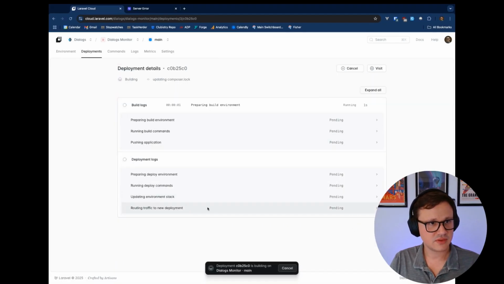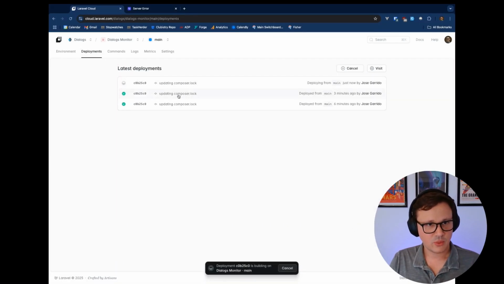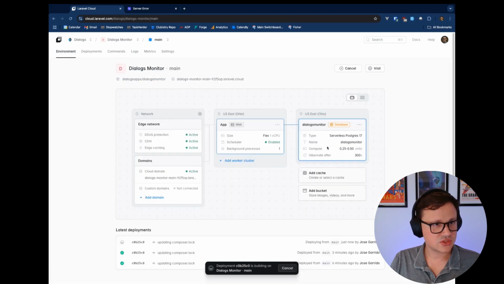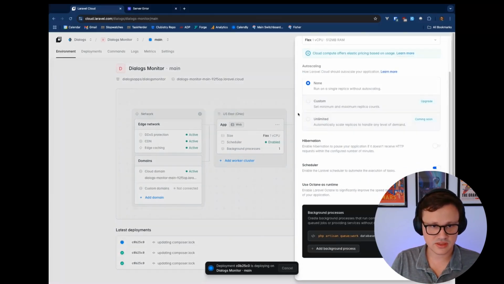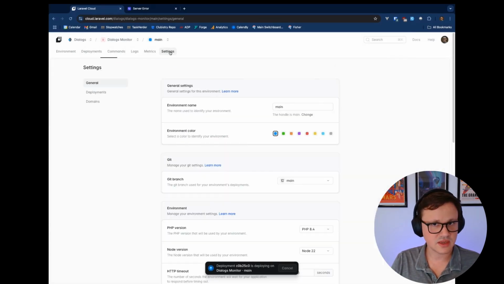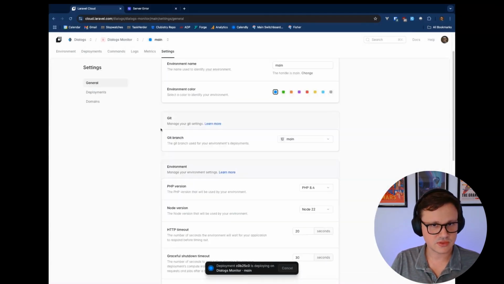Redeploying, go to deployments. We've done 3 so far. The first one was the initial deployment. The second one was adding the database. The third one, what we just did, adding the scheduler and the background process for the jobs. Now what I want to show is, notice we have a database now that it's deployed even. And if we go to settings, you scroll down here,